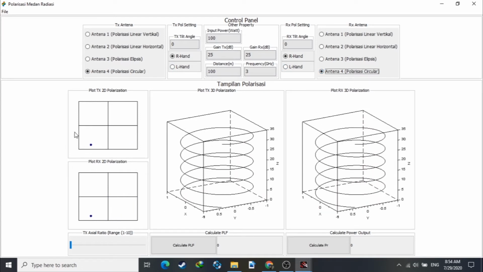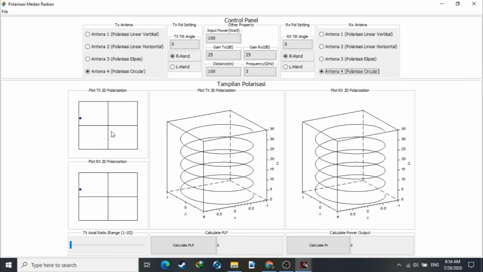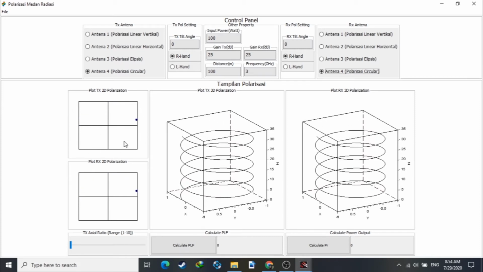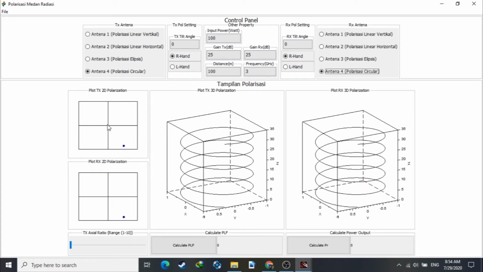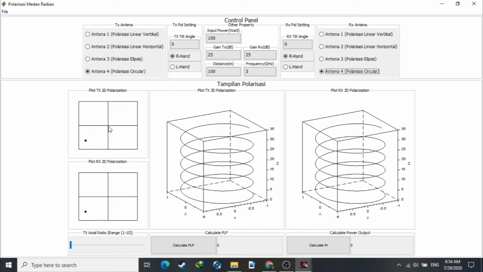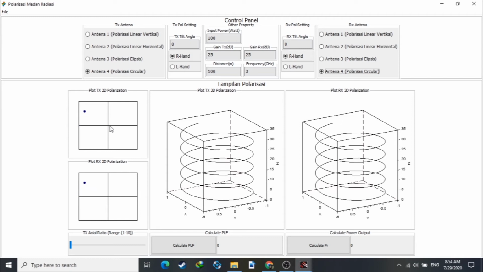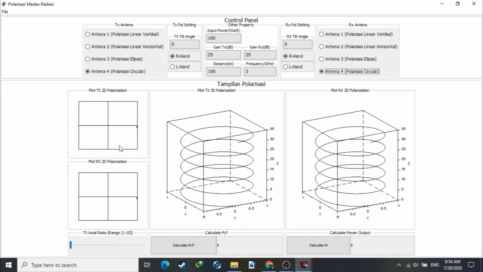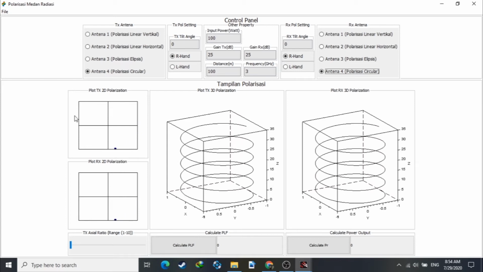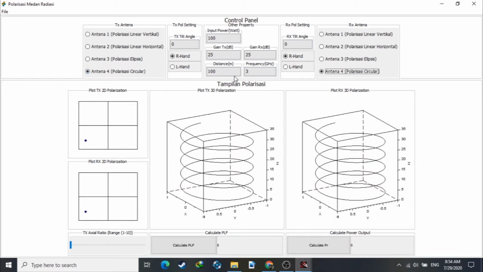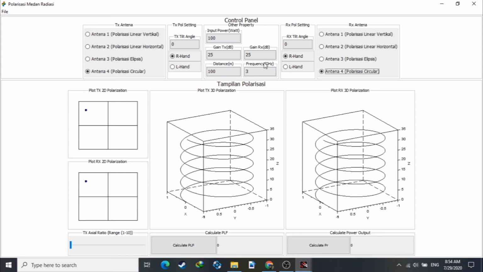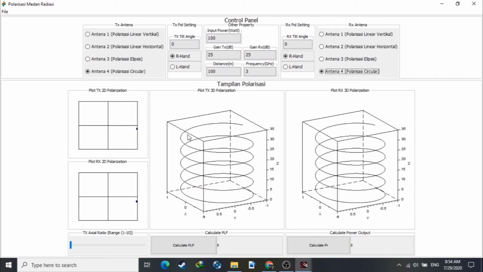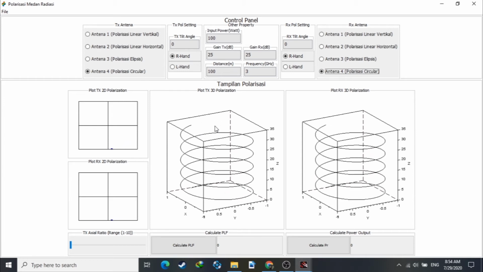It moves rotating with the same radius, so it makes a circle, as you can see here, because the radius from the zero at the axis points has the same radius at each point. Okay, as you can see here, the movement of the circular polarization here